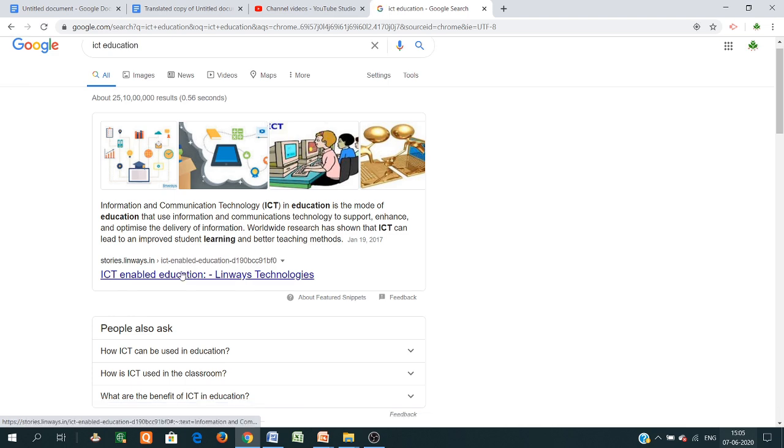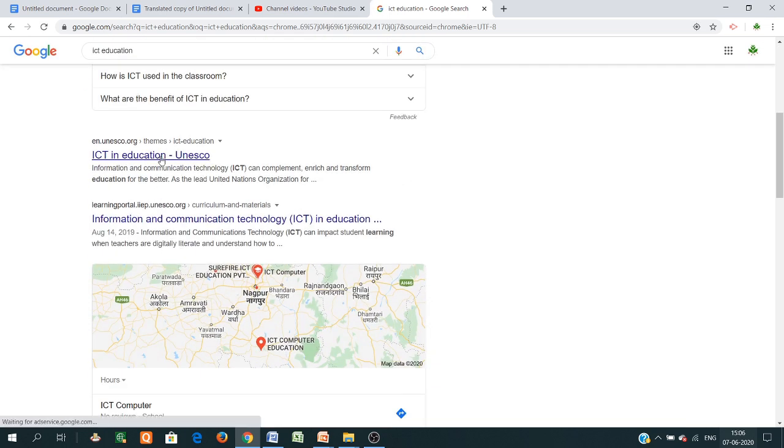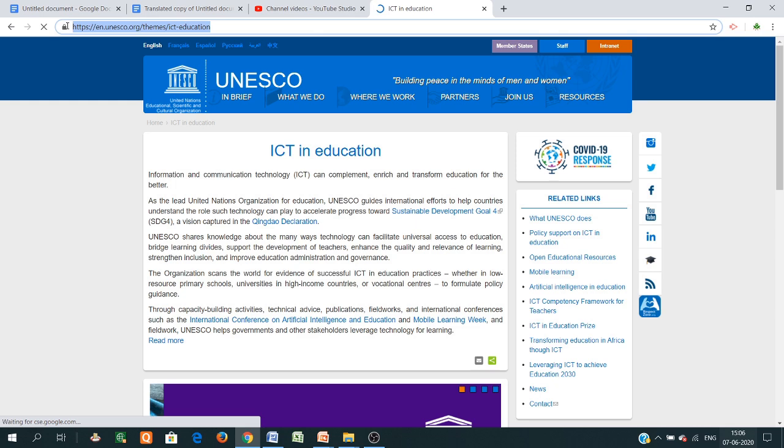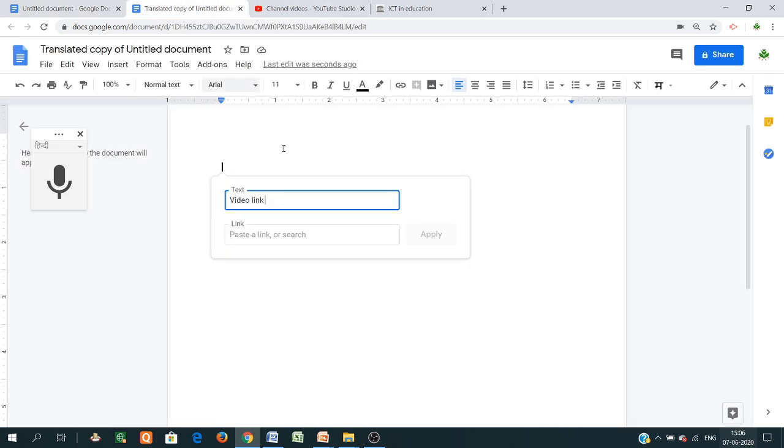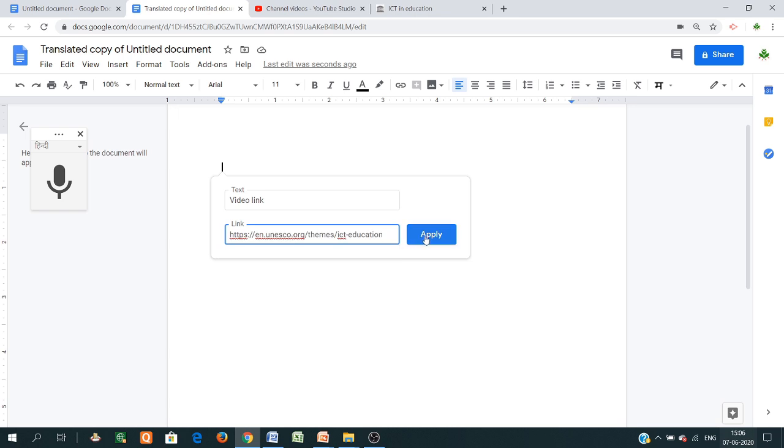This is the link, ICT in education. Select this web address and just copy it and paste it, paste link and apply.